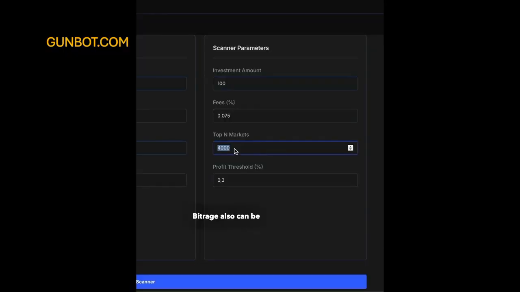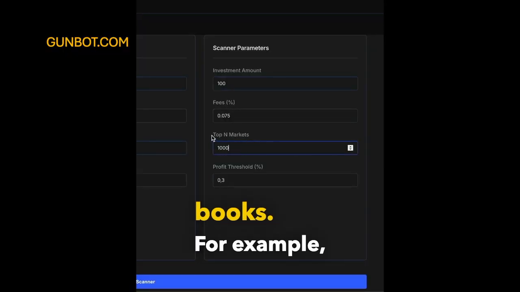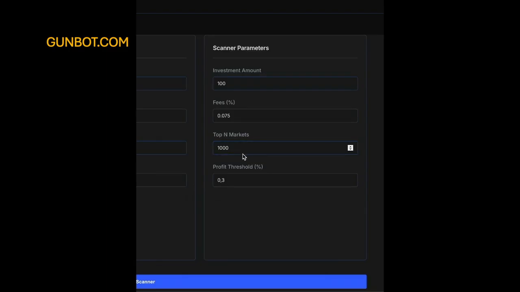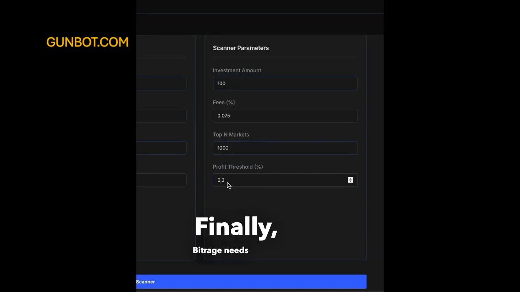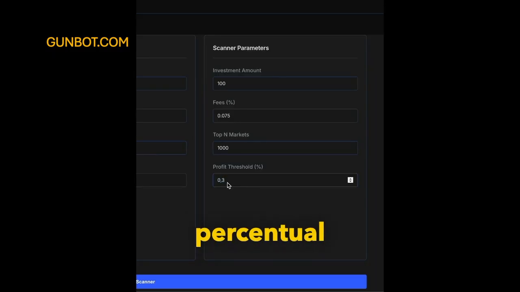bitRage also can be configured to only exploit the top liquidity order books. For example, to look for arbitrage opportunities only for the top 1,000 markets, or the top 4,000 markets, or the top 10 markets only. Finally, bitRage needs to know how much profit percentage you want to accumulate for each triangular